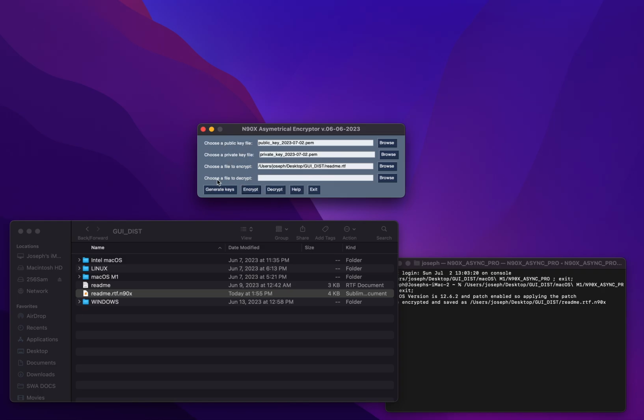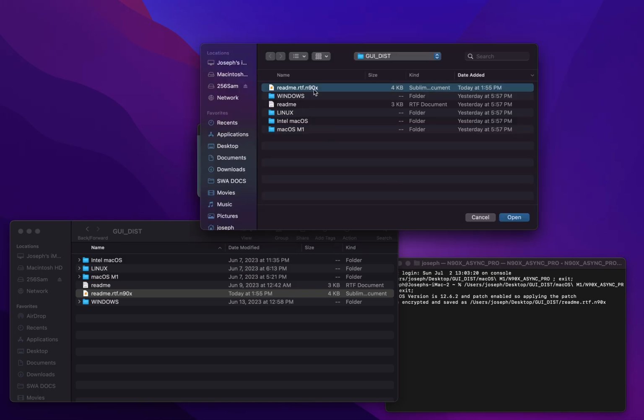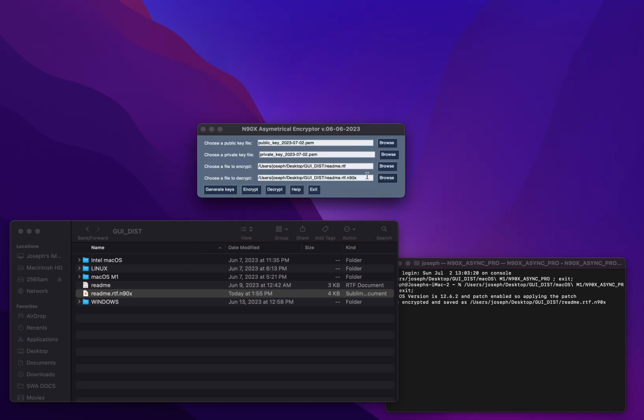Let's say I sent it to somebody, and I encrypted it using somebody else's public key. Now they receive the file via email, or what have you, and they would load up their private key here and browse for the file they want to decrypt. It has an N90X extension. Click open, and this is the file we're going to decrypt. Now, if I click decrypt,